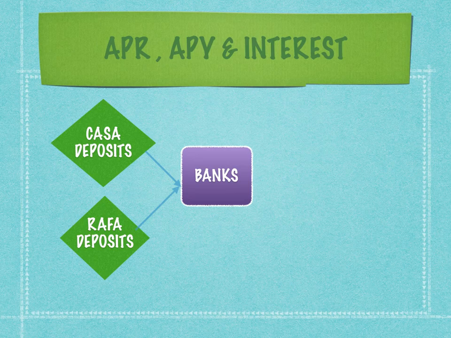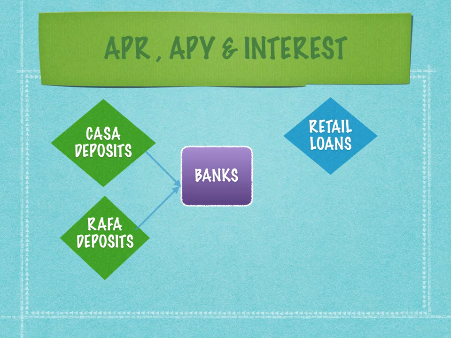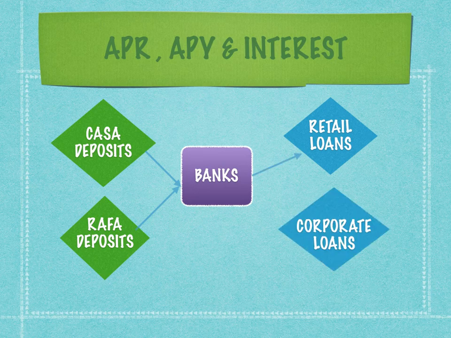What does a bank do with all these deposits that they collect? The bank gives it to individuals who need loans to buy houses, who need loans to buy vehicles, or who take loan against gold, loan against shares, personal loans, educational loans. All these come under the category of retail loans. But a bulk of the deposits are given to corporates for meeting their working capital requirements, for their project financing requirements, for their bill discounting activities.